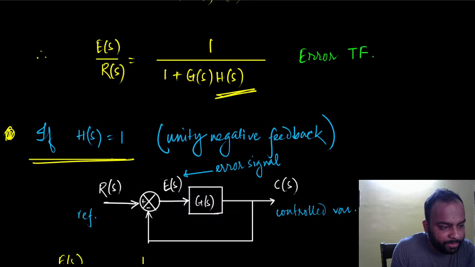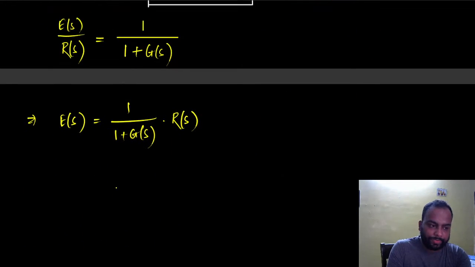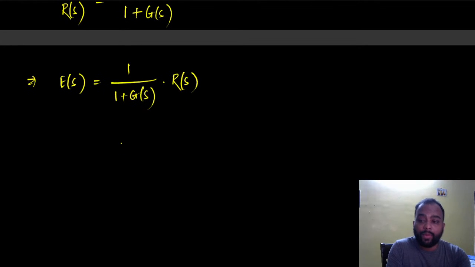We are considering this special case where H(s) is equal to 1. So that's the error signal. Ideally, what would I want? I would want the system to behave in a way that this error signal becomes 0 after a long time has elapsed. So essentially I would want